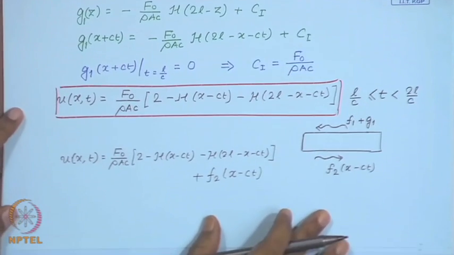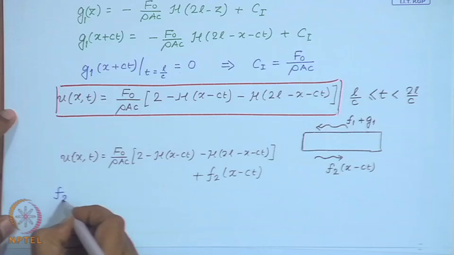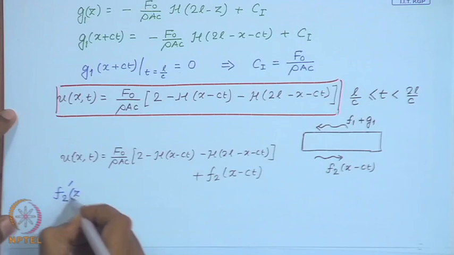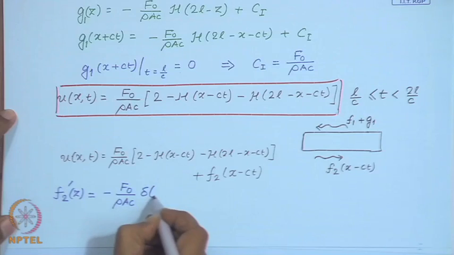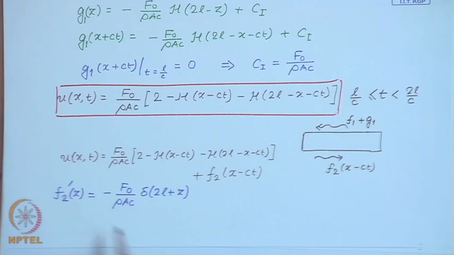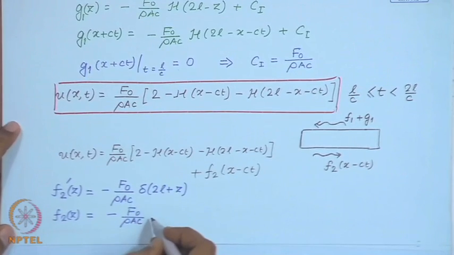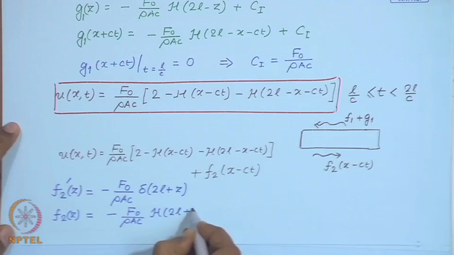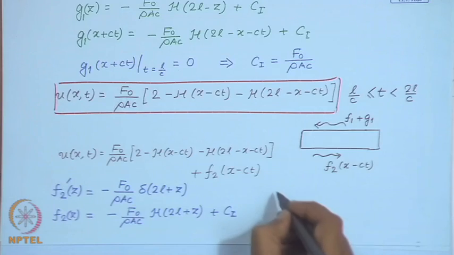then what you obtain following the steps that we have done above, you will come to this expression. f 2 prime of z is given by this expression. So, f 2 of z is, and so therefore,